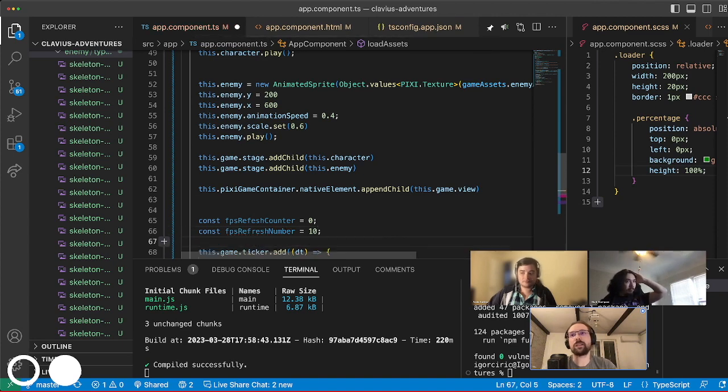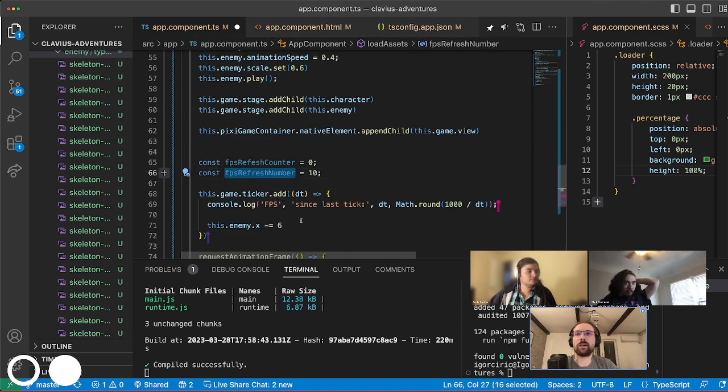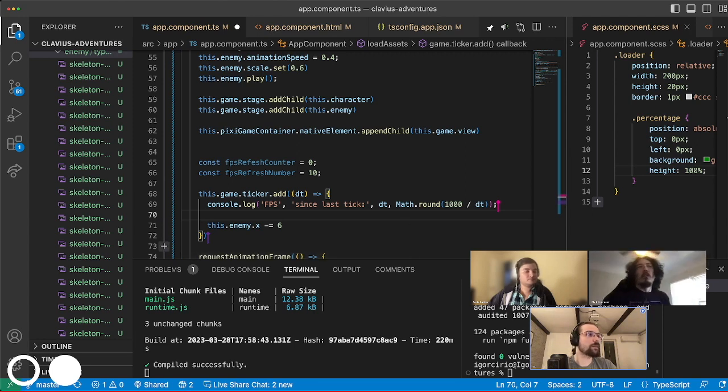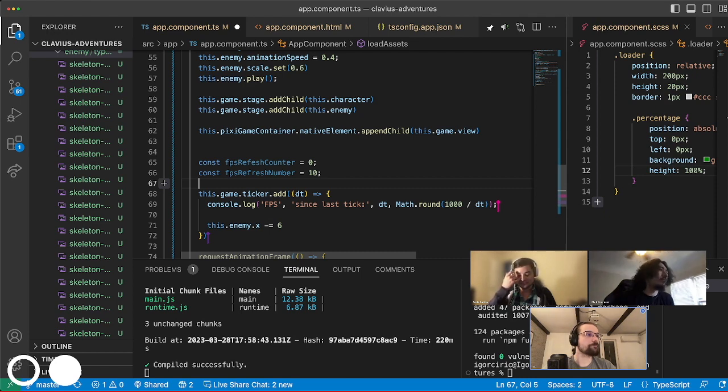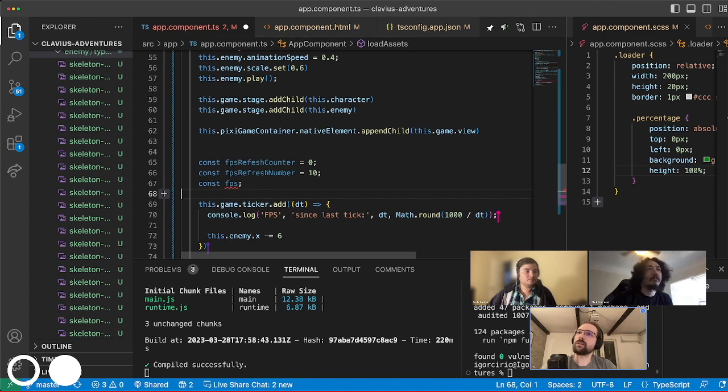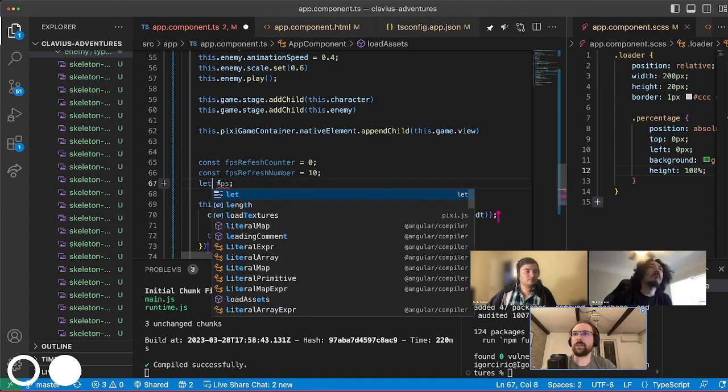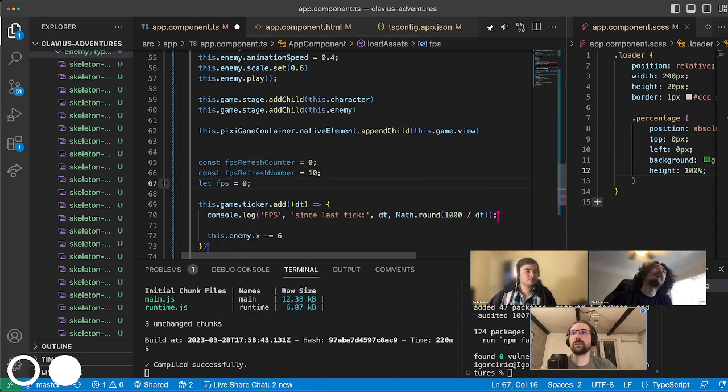So it means we will calculate after each 10 seconds. We'll also write frame per second, and frame per second will be plus equal,